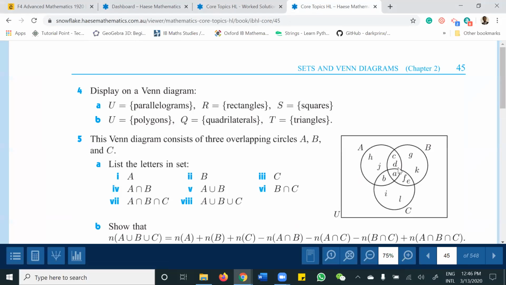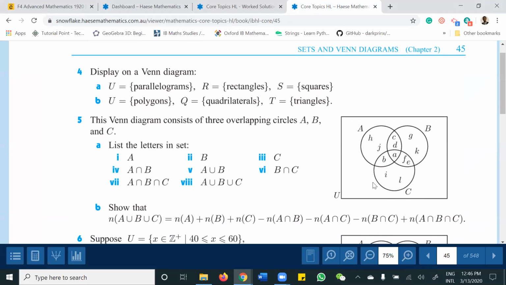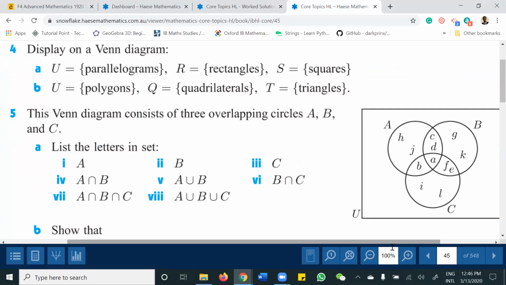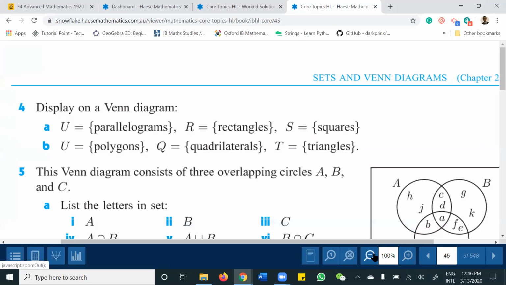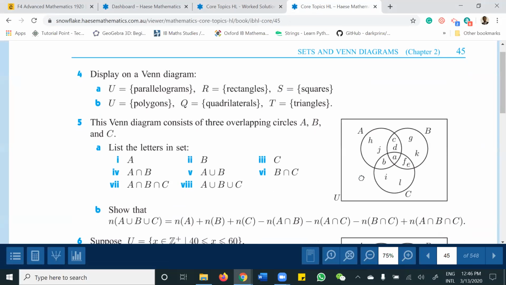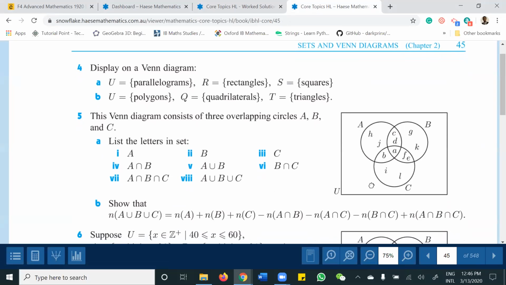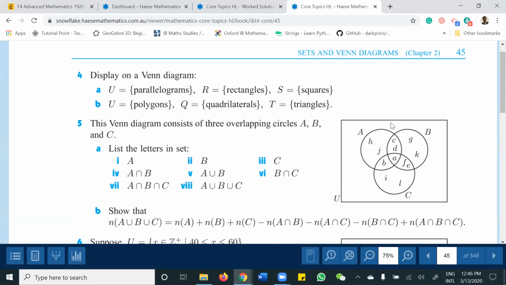Let's begin. Oh, that's too much. Sorry. Okay, I think it's big enough, right? So question 4 and 5. Can you see the book? Yes. All right.